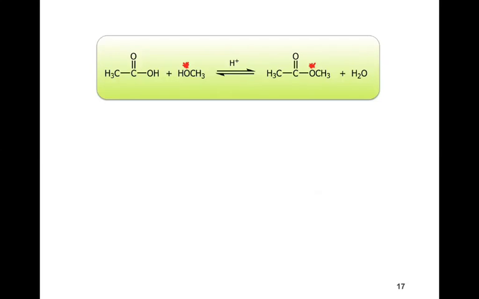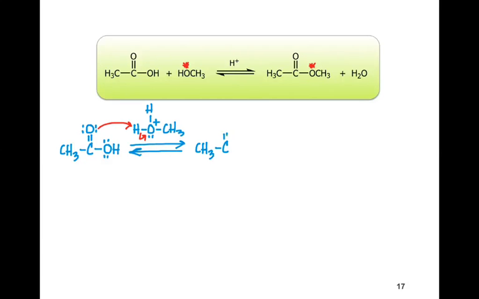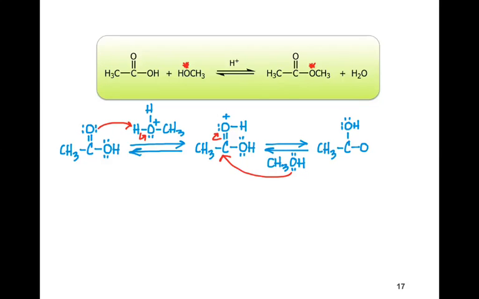So our mechanism has to account for that. So what is the mechanism of the Fischer esterification? The reaction begins with the protonation of the carbonyl of the carboxylic acid. We use a strong acid to catalyze this reaction, so our proton donor would be protonated methanol. Protonation of the carbonyl gives a more electrophilic carbonyl, and methanol will do a nucleophilic addition to that carbonyl. This produces an intermediate of this sort, which is deprotonated by the methanol in the reaction